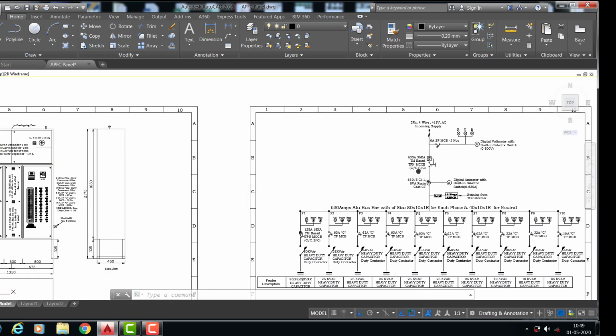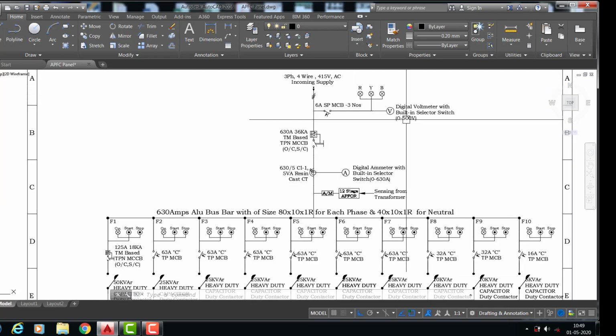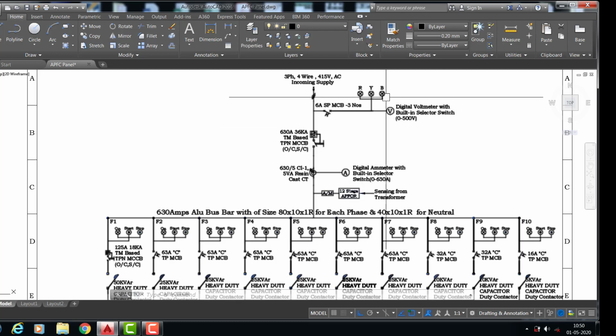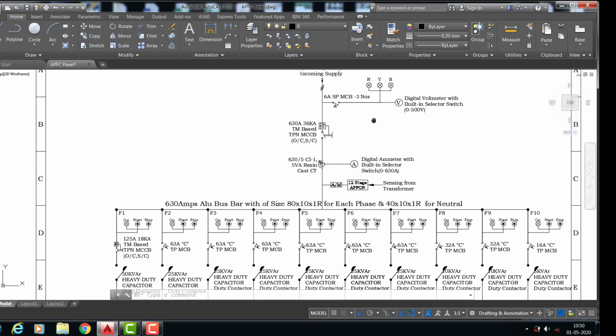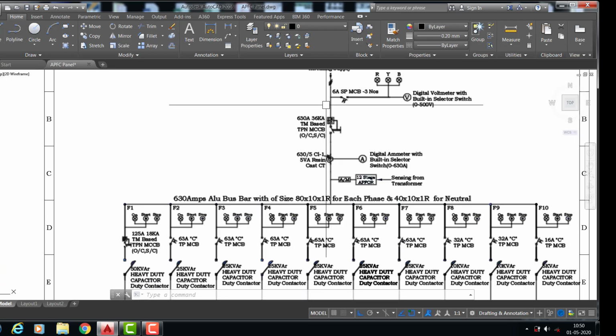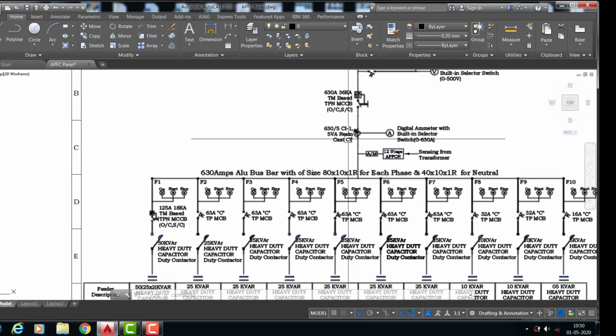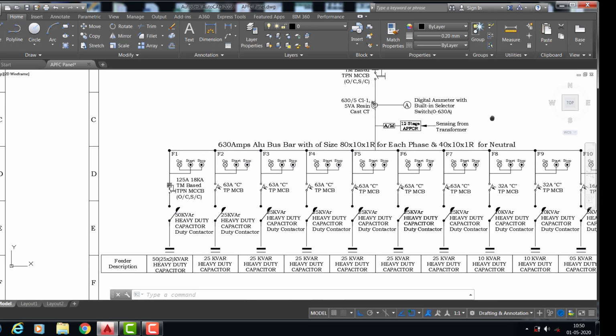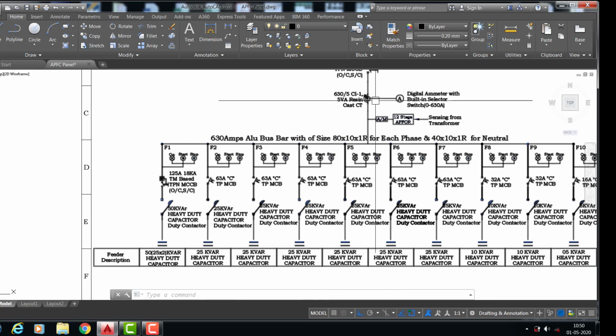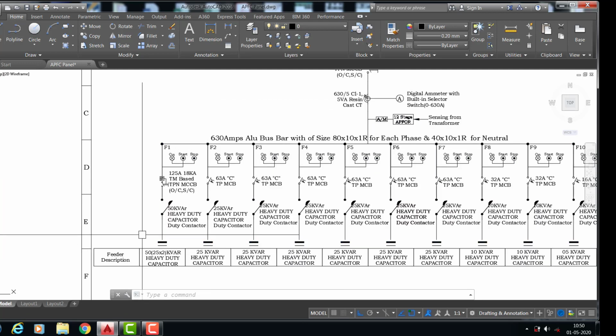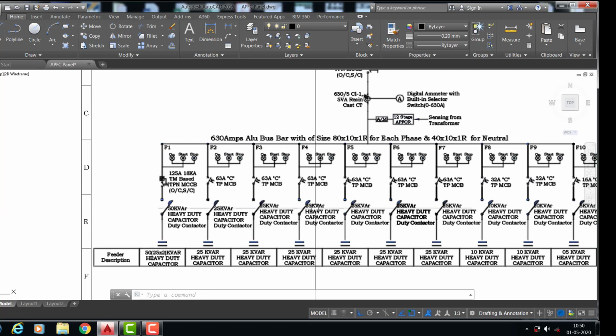And this is the actual circuit, where I have taken the supply from the incoming supply and then used a 6 ampere control breaker to give the supply to the red, yellow and blue indications, and then after using a main MCCB 630 ampere, and I have used a current transformer of 630/5 ratio, and then given the supply to the capacitors using a particular breaker as per requirement.